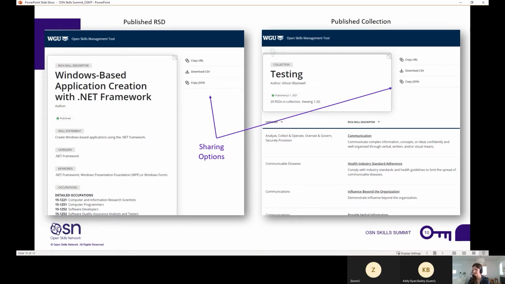It does have pagination there at the bottom if it is a big collection for you, showing how many you're viewing, 20 at a time. And it does truncate the view of the RSD here to just include category and then the short name and contextualized skill statement for the RSD. However, if users are interested in learning more about that particular RSD, just as within the tool, you're able to click on that short name and view